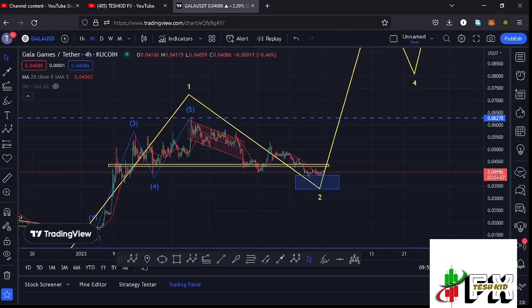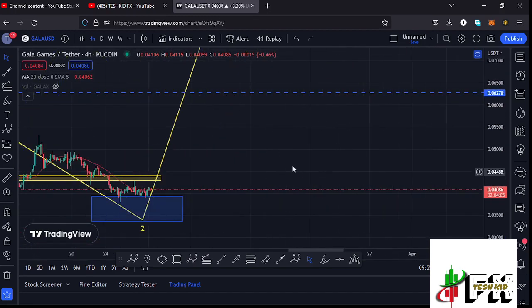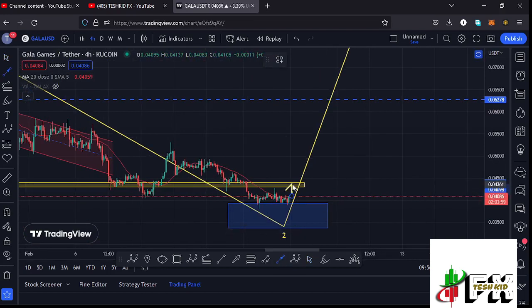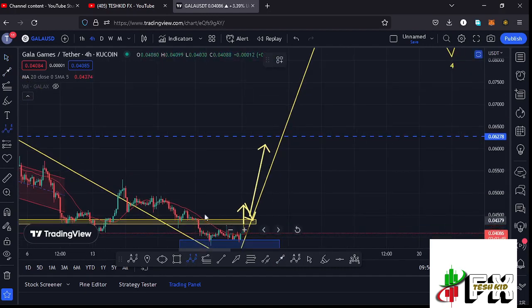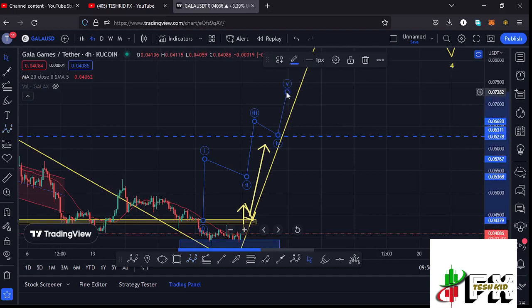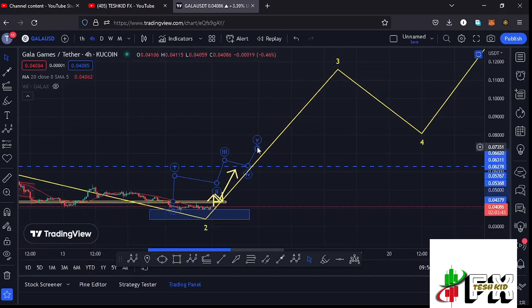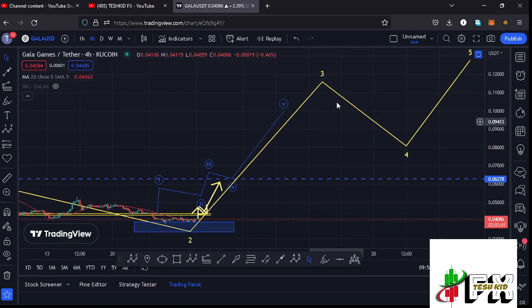And for that move to also play out, we need to continue holding above the 20-day MA and also manage to break above our next key area of resistance at around the $0.04361 mark. In case we manage to break above it, then I'll be expecting a retest and continue gearing up in the formation of that higher ED12 count 3, and also expect to see a 5-wave structure in formation within the formation of that higher ED12 count 3,